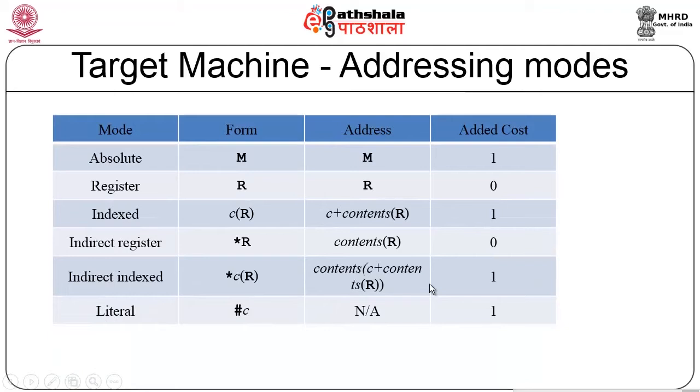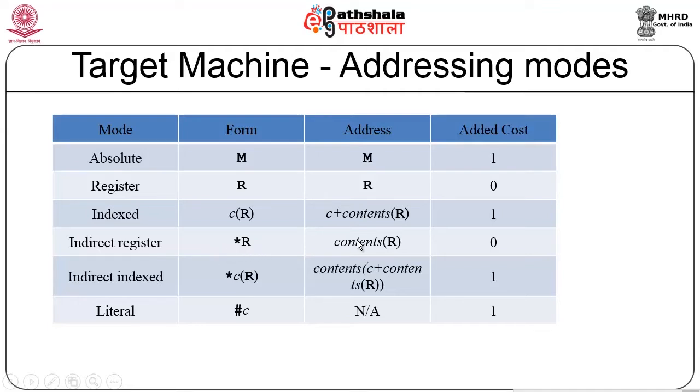And we are going to follow the following addressing modes, where addressing modes can be absolute, register based, indexed, indirect register or indirect indexed, or it could be a literal, which is immediate addressing basically. So here the form which is going to be used: absolute means memory M, and register means you are going to use R, indexed means C(R), where the interpretation is C plus contents of R. So whatever value is given here, that value plus the contents of R will be used for fetching information from that particular location. So how do I compute the addresses? Like this. And then *R means contents of R.